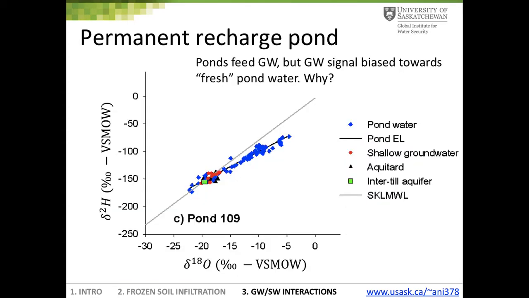However, when we look at stable isotopes, we see that these so-called recharge ponds have a very distinct isotopic signature to the confined aquifer groundwater. And that doesn't make sense. How can that be if the groundwater is being predominantly recharged by depression-focused recharge from these recharge ponds? So initially we thought, well, we have to reject depression-focused recharge, but then what we did is we started to